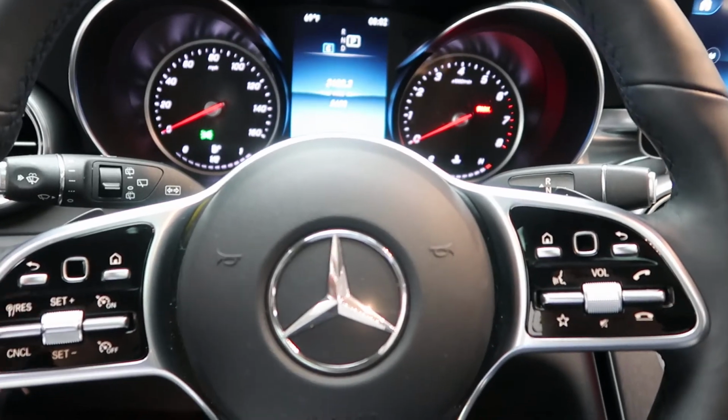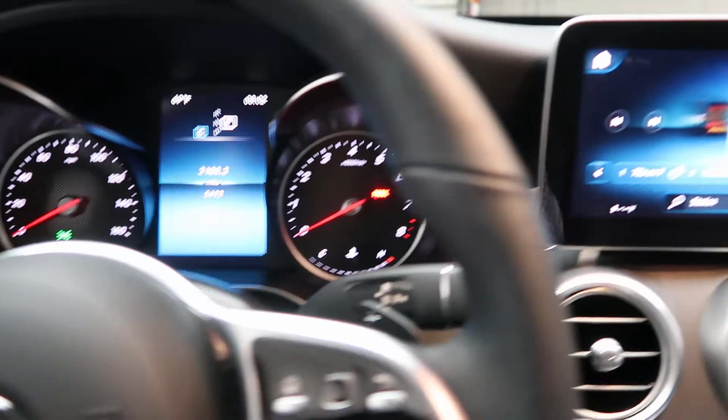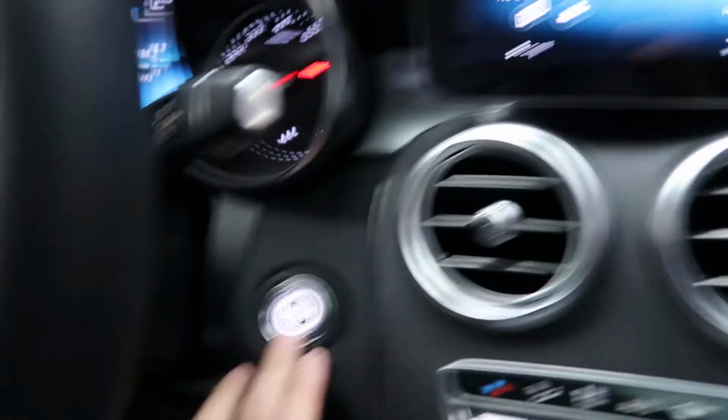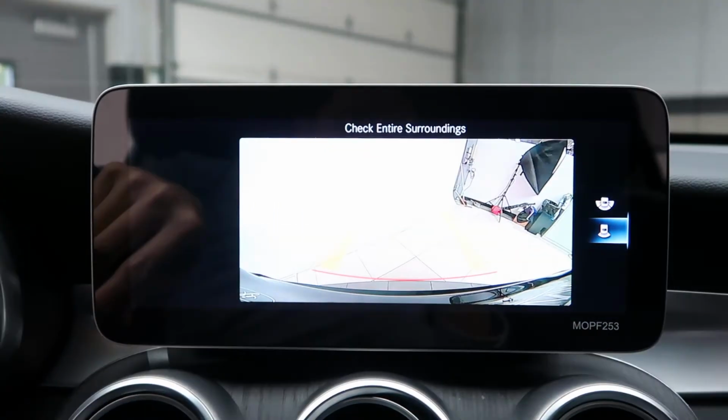our new touchpad steering wheel controls with Bluetooth capabilities, paddle shifters for extra performance, a 10.25 high resolution media screen, which is now a touchscreen, push start ignition, a rear view backup camera,